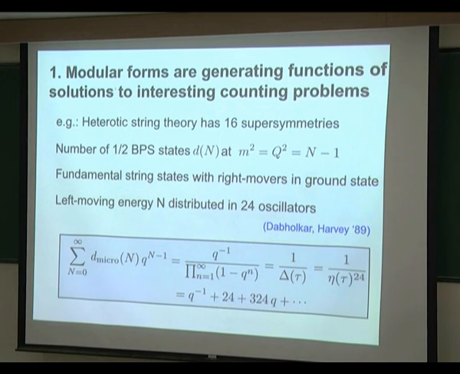This has lots of generalizations. Many such problems of counting BPS states in string theory have answers, the generating functions, which are summarized by some kind of automorphic form, either modular forms or later we'll see Jacobi forms and so on. That's one part of it, but in fact there's a deeper reason why these counting problems are interesting in string theory, and the reason is that